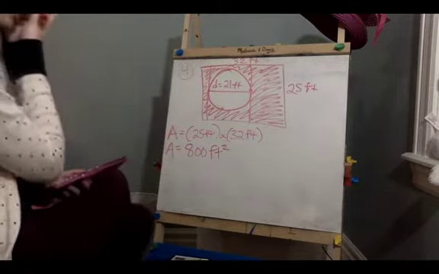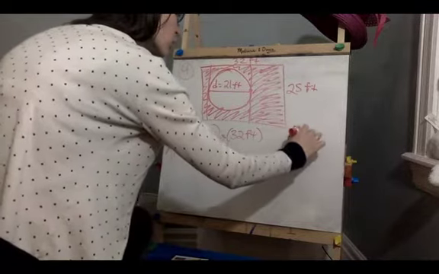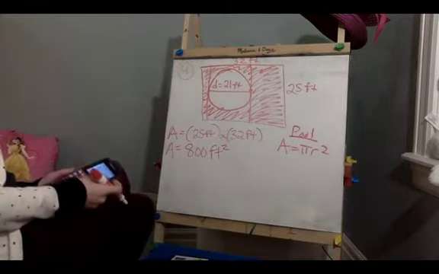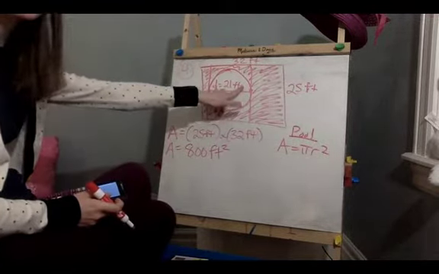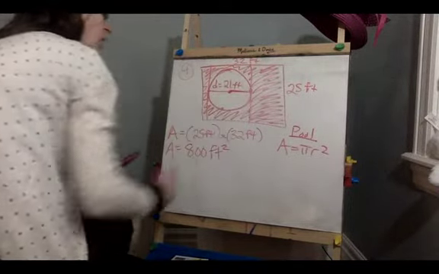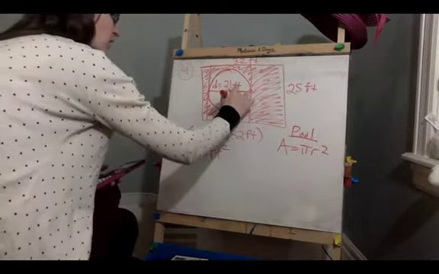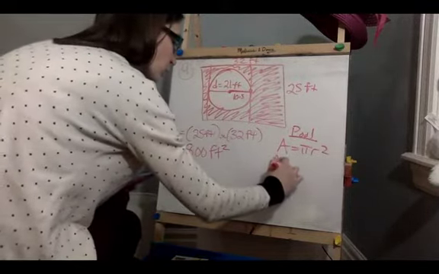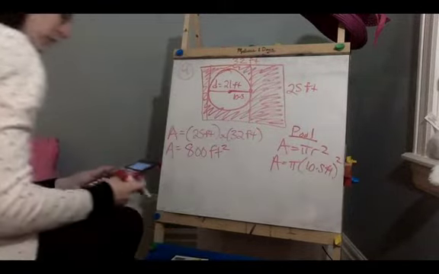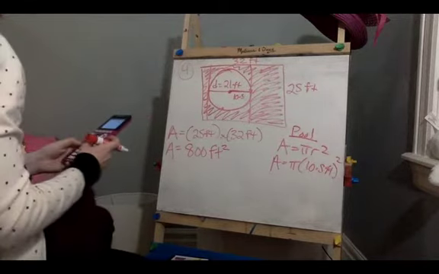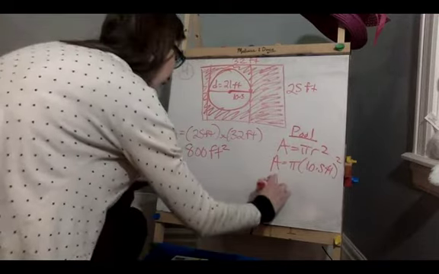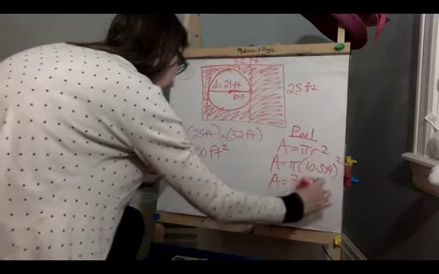Now we would need to calculate the area of the pool. The pool, we're told, is circular, so its area would be pi r squared, pi times the radius squared. That value of 21 feet is the diameter, so I need to cut that in half to get the radius. So 21 divided by 2 is going to be 10.5. So my area of the pool is going to be pi times 10.5 feet squared. Again, you'll take your 10.5 and you'll square it first, then you'll multiply that by pi, and you get a value there of the area of 346.36